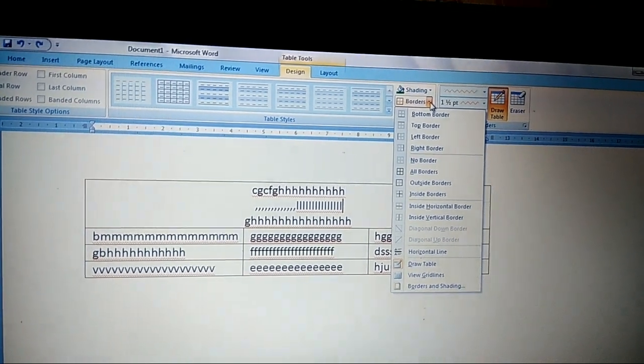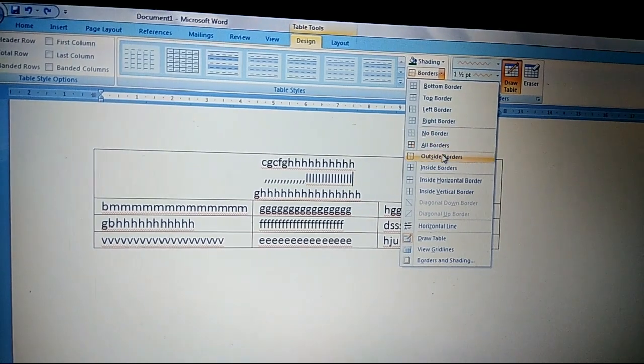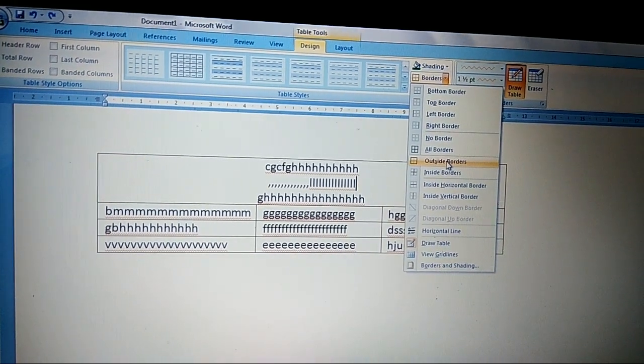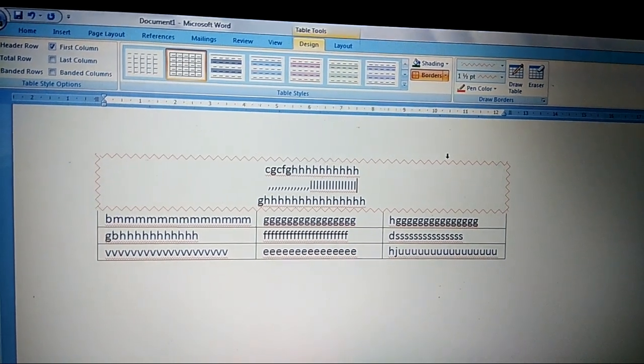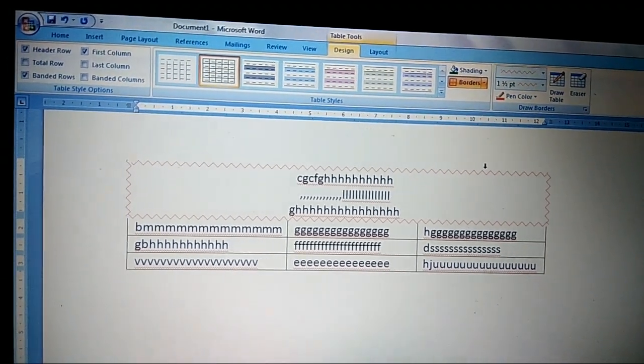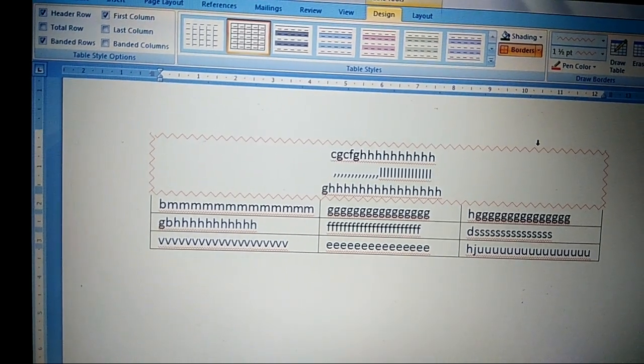A border gallery appears. Click the type of border from the gallery. I choose Outside Borders here. Click on it. Then Word applies the border using the selected line style, width and pen color to the selected cell.